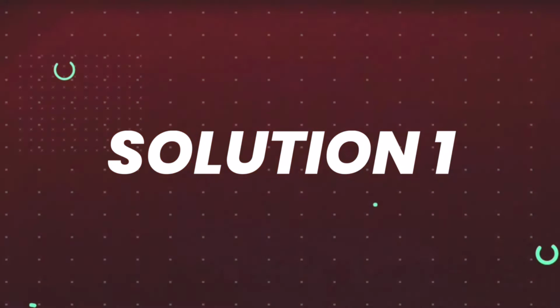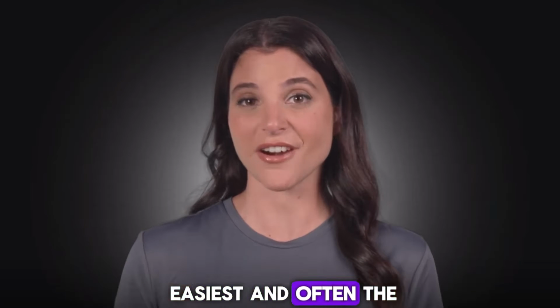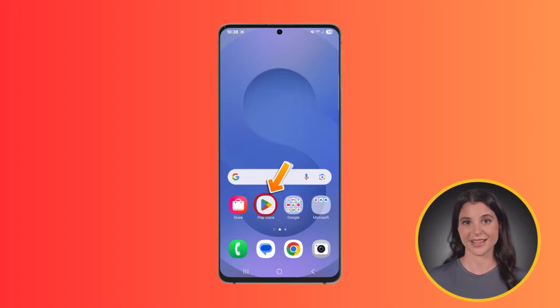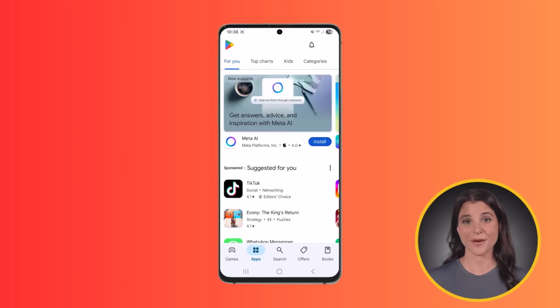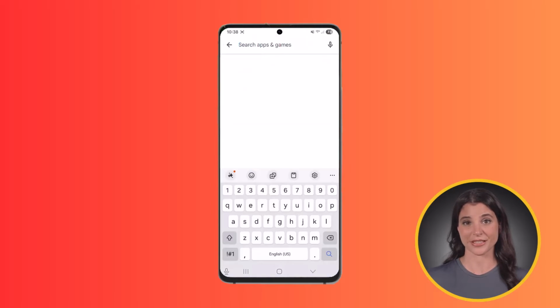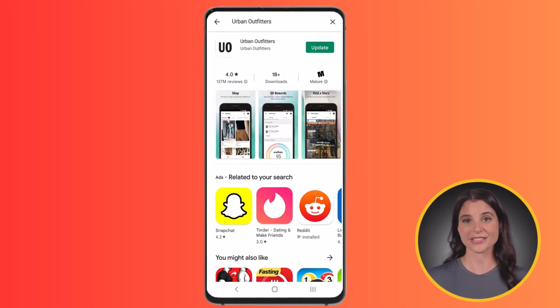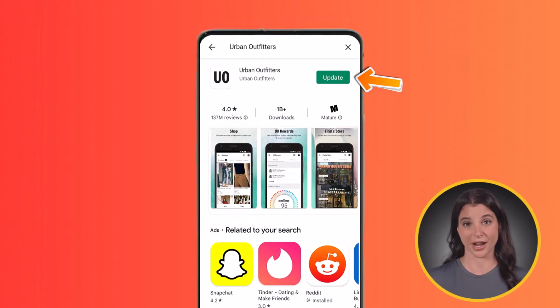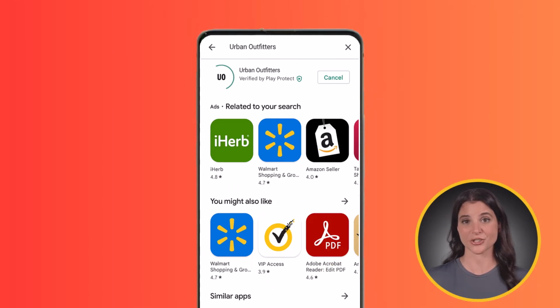So first of all, let's talk about the easiest and often the most effective fix. Head over to Google Play Store and tap on this magnifier icon at the bottom. Then search for the app name in the search bar at the top. Once the app shows up, tap on the update option if it's available to make sure you're running the latest